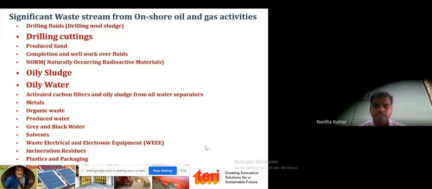So this kind of technology, bioremediation or biotechnological treatment technology, is applicable to any kind of waste. It depends on the concentration, severity, and type of pollutant present in the waste material. I just want to focus on the bioremediation process, which is one of the technologies applied in oil industrial waste treatment.